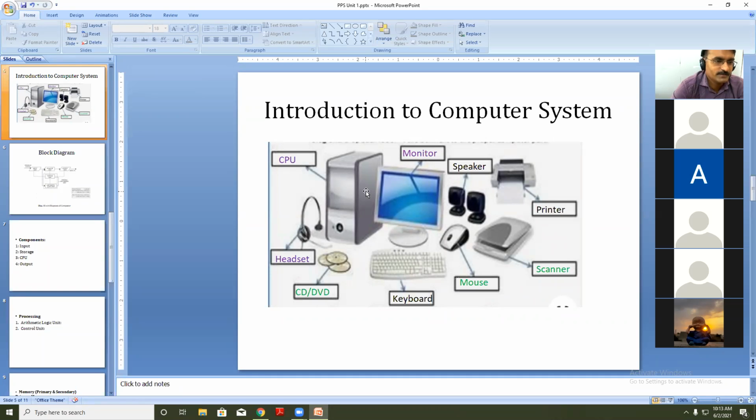Okay, so in a simple way, we can define a computer system as an integrated form of different components, like as shown here, which work together to give a desirable result. If you connect those different components together to perform certain tasks, we call it a computer system. It has different components, like we have seen: printer, scanner.